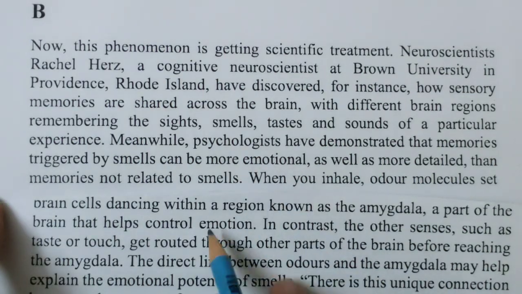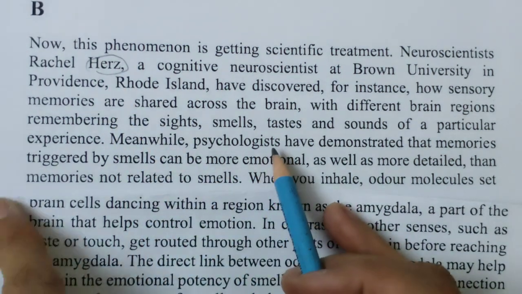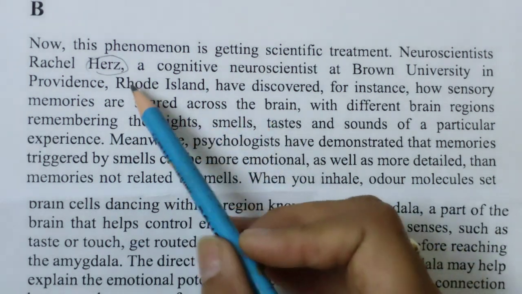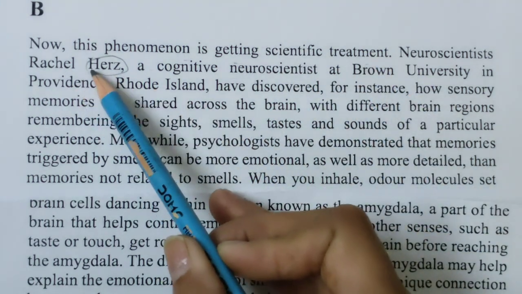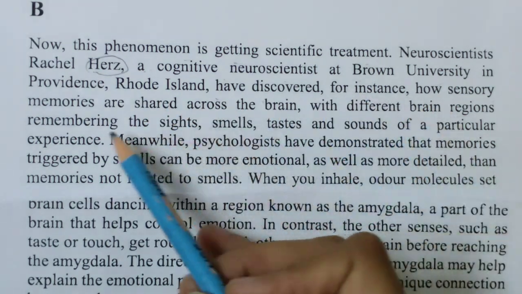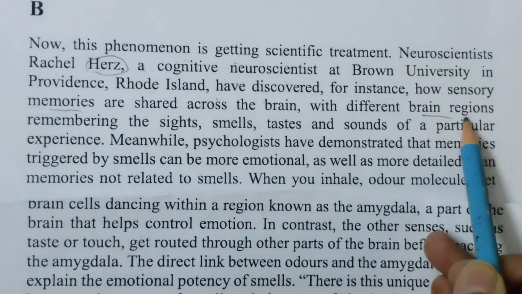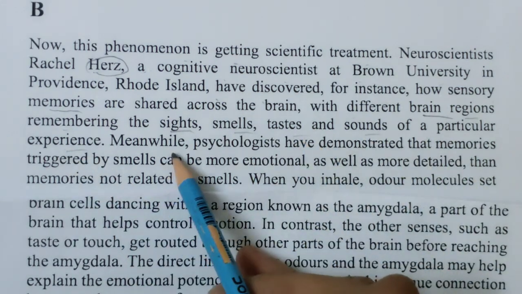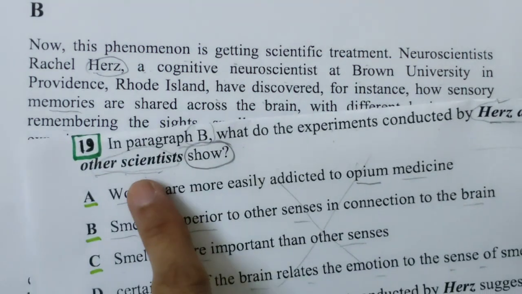Now this is the B paragraph. Okay, so we were looking for the words "other scientists". Of course this is IELTS reading, so you can get another word for that. Let's find it. So this phenomenon is getting scientific treatment. Neuroscientists at Brown University have discovered, for instance, how sensory memories are shared across the brain with different brain regions, remembering the sights, smells, tastes and sounds of a particular experience. Meanwhile, psychologists, meaning the other scientists,